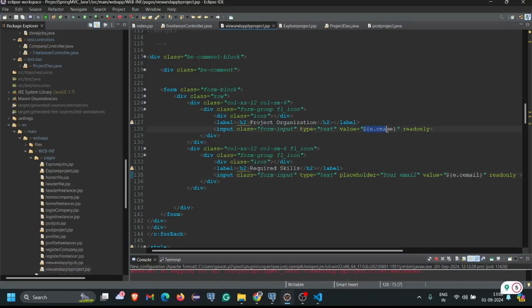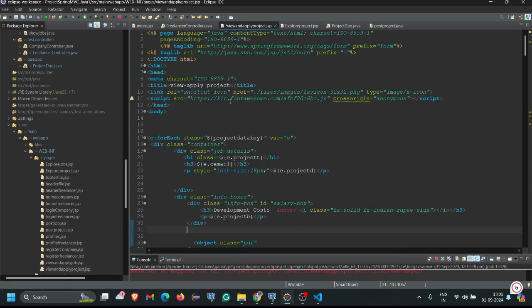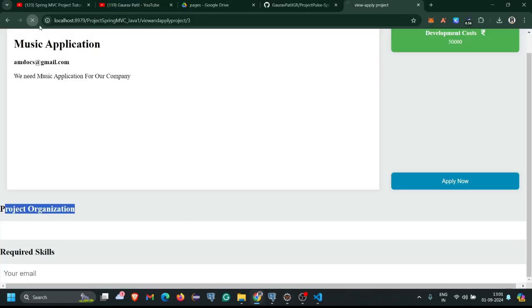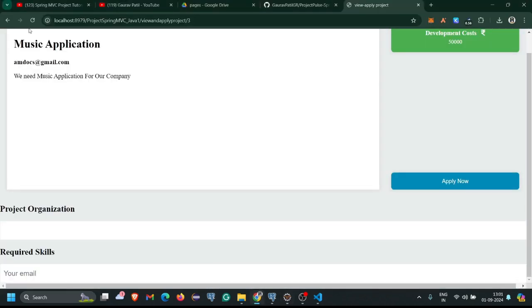We have to simply copy this EC name from here, and let's check it out now it is coming here or not. On a top position, I'm just simply paste here these things. Click on a refresh. We have to refresh one more time. e.c name, click on a refresh. Here you can see now the company name is coming here,